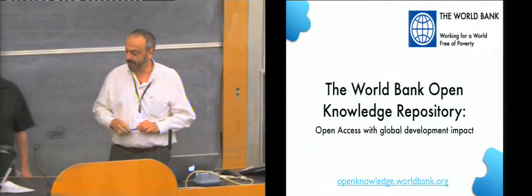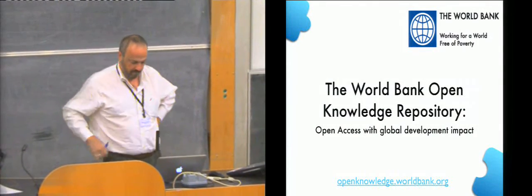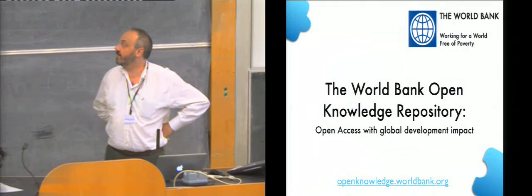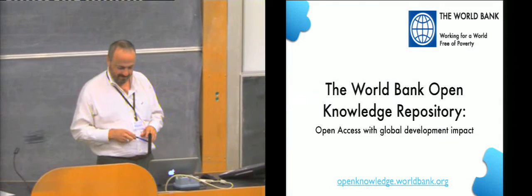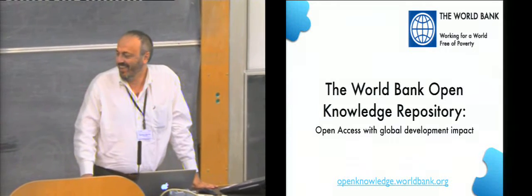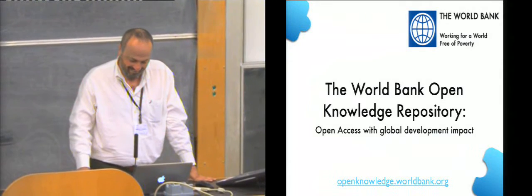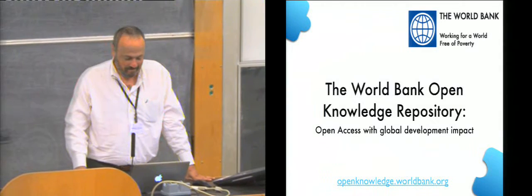Right, we've essentially done 3 national projects. We've done one EU-wide one, so it seems logical in a sense that we should finish by going for the hat trick, going for the jackpot, I mean, and doing a worldwide one. So we're going to talk about the World Bank Open Knowledge Repository, open access with global development impact.